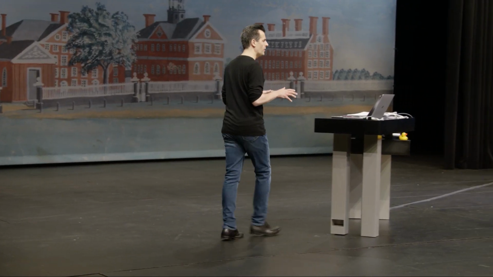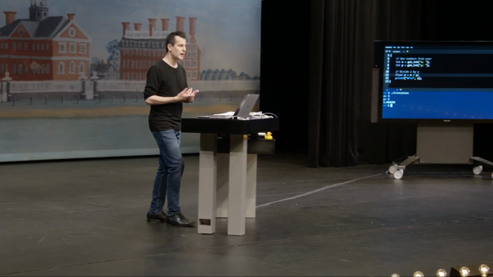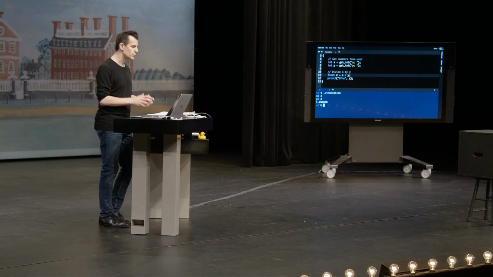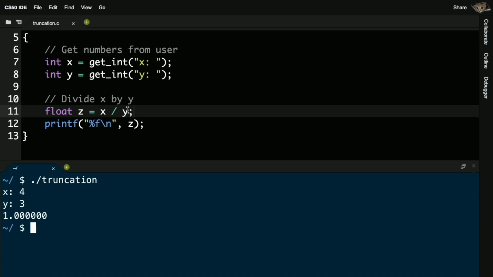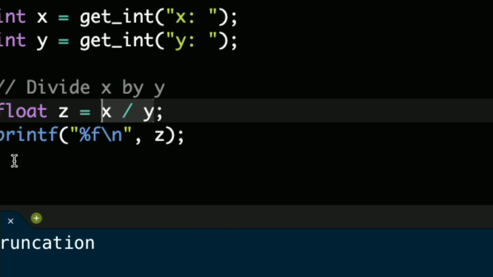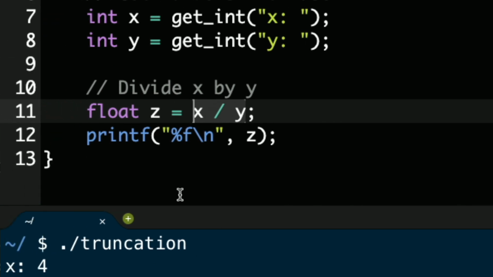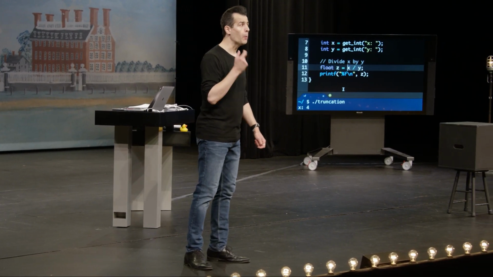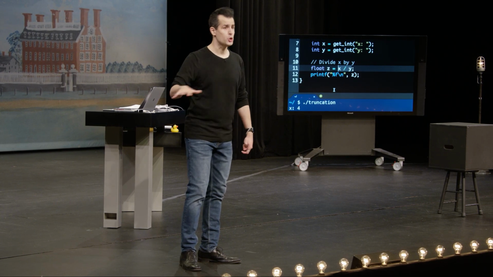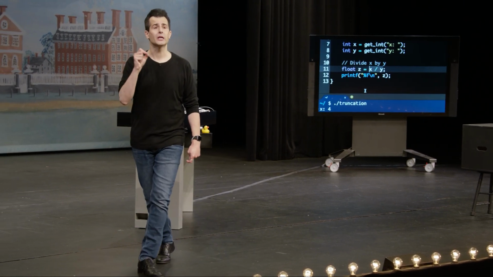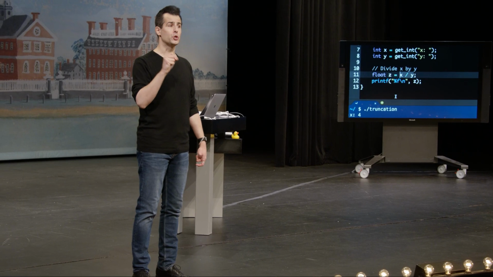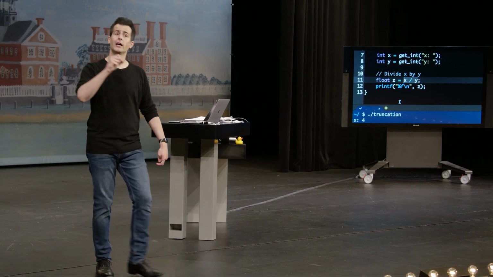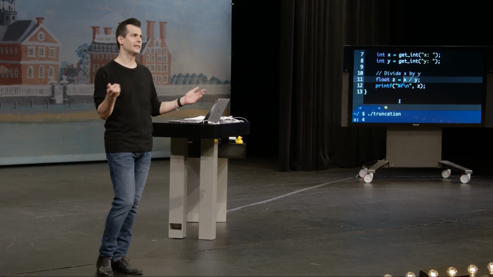This one's more subtle than the mistakes I've made before. But C, like most programming languages, is going to take you literally. So if on the right-hand side of this expression, on line 11, I am literally doing x divided by y, you first have to ask yourself, well, what is the type of x? What is the type of y? If they are both ints, by definition of how C works, you are going to get back an integer as your answer. So if you do 1 divided by 2, yes, mathematically, that's